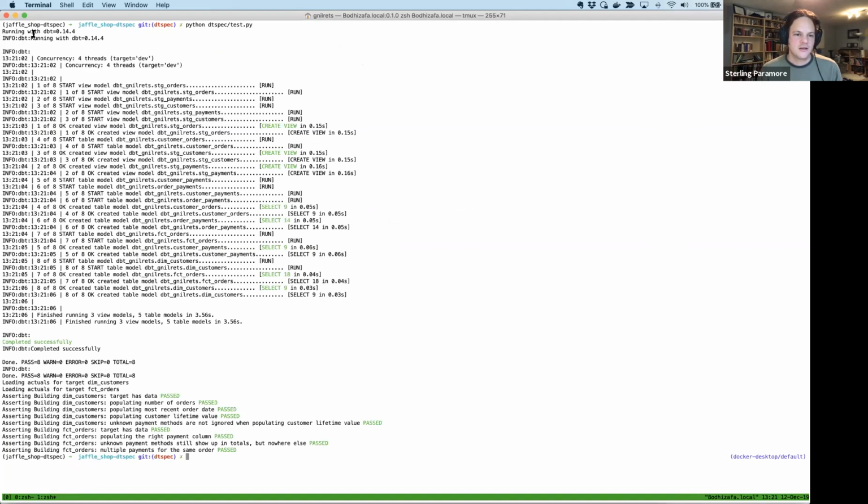So up here you see all the familiar dbt run. Before it even starts running dbt, this test code will take the YAML file and pass it into dtspec. It generates the sources, and then it takes that source data and loads it into my local Postgres database. After that, it kicks off dbt, which then runs through all the transformations. After dbt is complete, it then pulls the target data back out of the Postgres database and runs all of my dtspec tests. And now it's showing that they all pass.